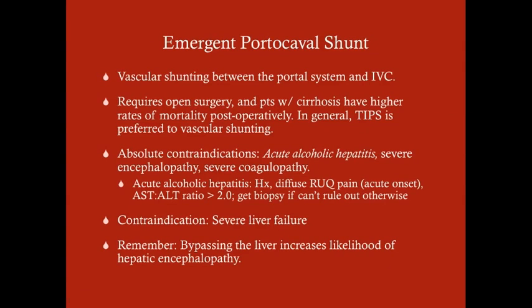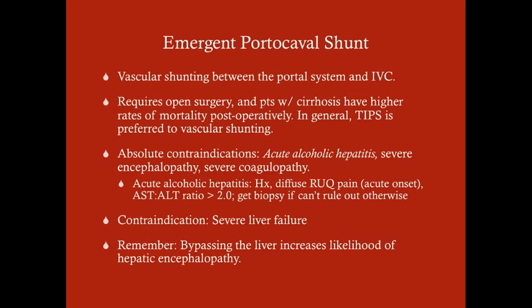Now, the emergent portocaval shunt is what used to be done before TIPS came onto the scene. This is vascular shunting between the portal system and the inferior vena cava. This requires open surgery, and because patients with cirrhosis have higher rates of mortality post-operatively, we prefer to do TIPS because it's less invasive. The absolute contraindications for this, and you need to know this, any patient with acute alcoholic